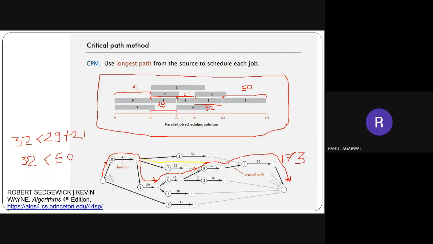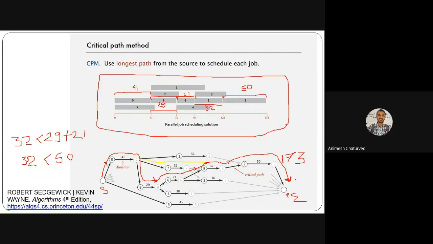And sir, we are choosing the longest. Our motive for choosing the longest path is to do more and more jobs for a project? No, no, no. Means these are the jobs that are required to be done to finish this project. This is the ending point. This is end and this is start. All these activities must be done to complete the project. But the thing is that you have this as the critical path. The red line is the critical path. Means anyhow 173 units of time are required.